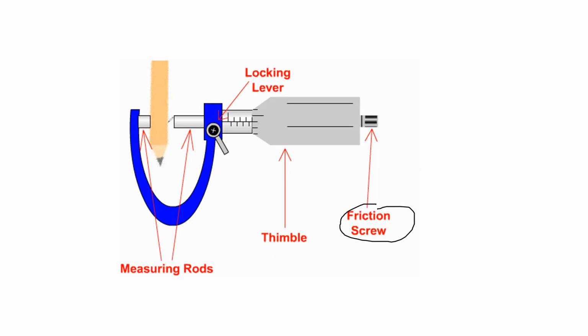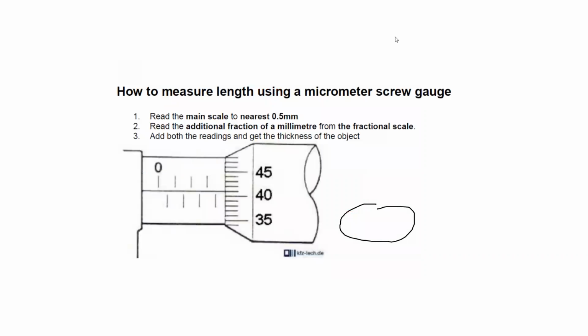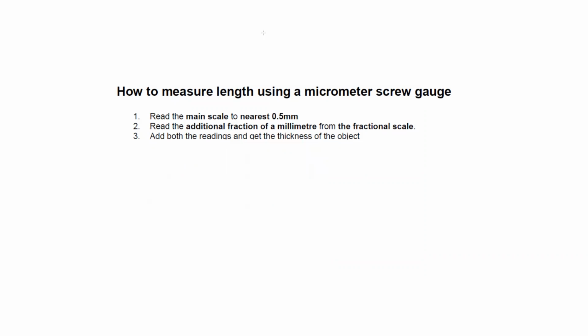So the main thing which you have to understand is how to read a micrometer, how to read the scale of a micrometer. In this example, the main scale and circular scale had this reading. But say if I change